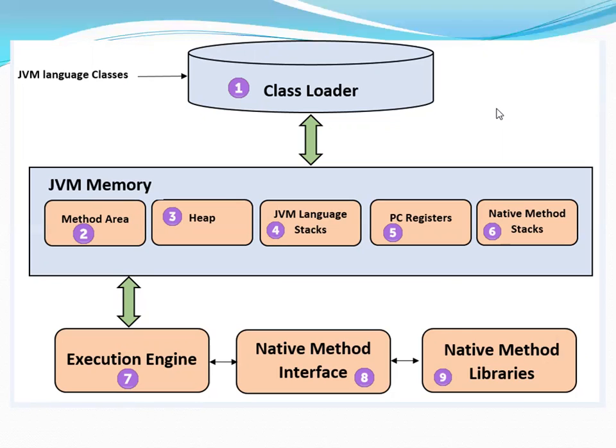So JVM memory has five memory allocations. One is the method area, where the methods you create in your class will come. Coming to the heap, where you create new objects and variables, that heap memory will store them. Then there is language understanding, like which language we are going to import and invoke. PC registers are register related. Native method stacks are related to stacks, like the collection framework which we want to use.